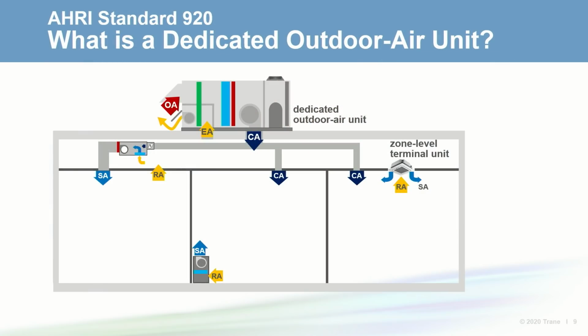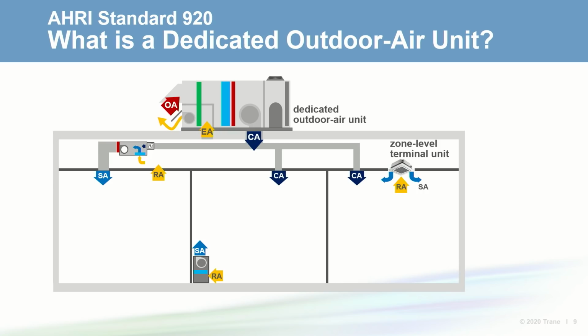But in our industry, terminology can sometimes be confusing. People often use the same term but have different meanings. The term dedicated outdoor air system is no exception. To avoid confusion, AHRI has included a definition in its rating standard 920 for DX dedicated outdoor air units. Now, I included the actual text in your handouts, but I'll go back to this diagram to highlight the key